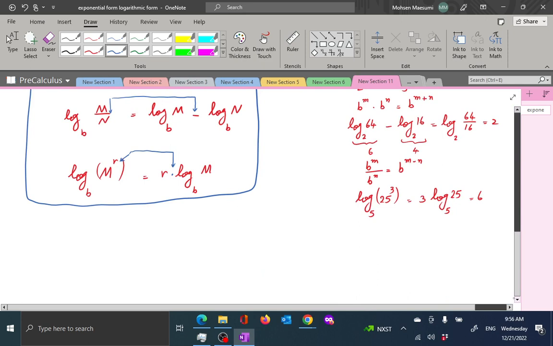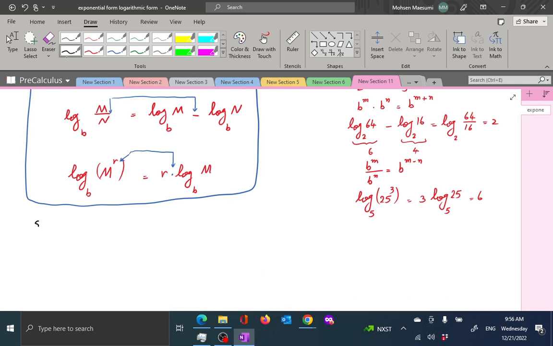Okay, we have some special case rules when the number that is involved is just 1. You remember b to the power of 0 is 1 from your pre-algebra. That tells you logarithm of 1 in any base b is 0,